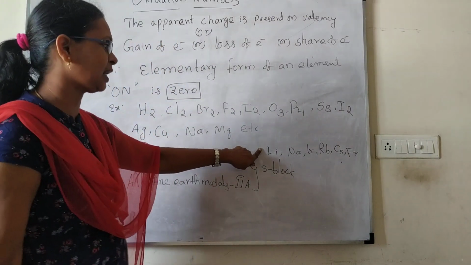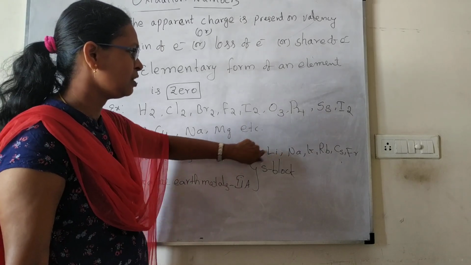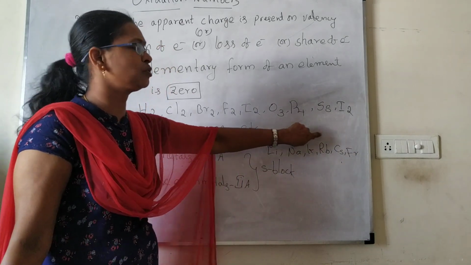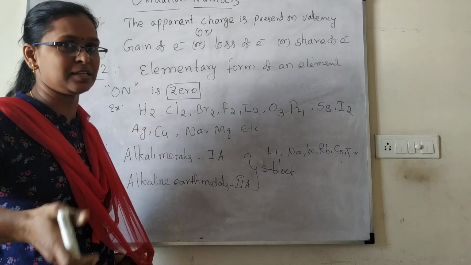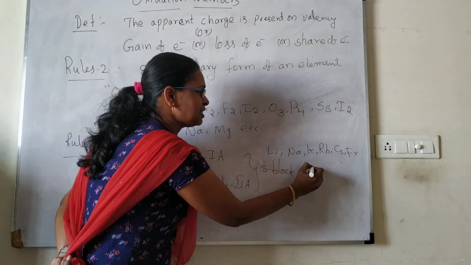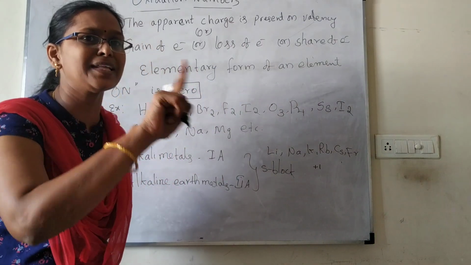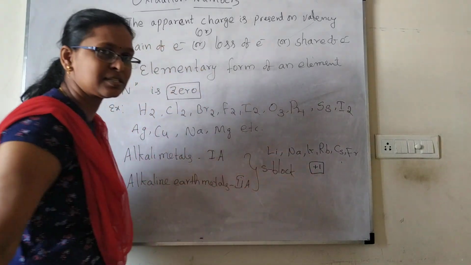I started remembering shortcut names like lithium Li, sodium So, Po, Ru, Si, Fra. Li, So, Po, Ru, Si, Fra. That is how I remember. If you want, you can remember as your own, whichever is easiest for you. Okay. So all the oxidation numbers will be plus 1 because 1A group element valency is 1. Similarly, for the 2A group we write the oxidation number as plus 2.